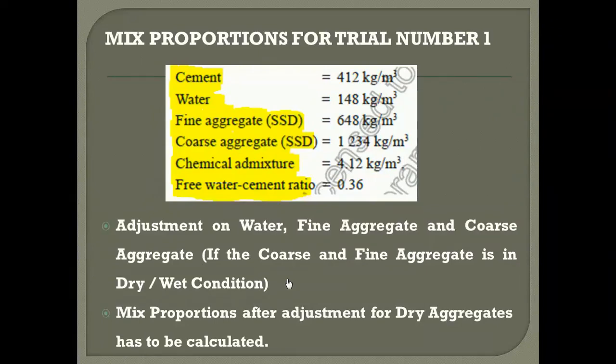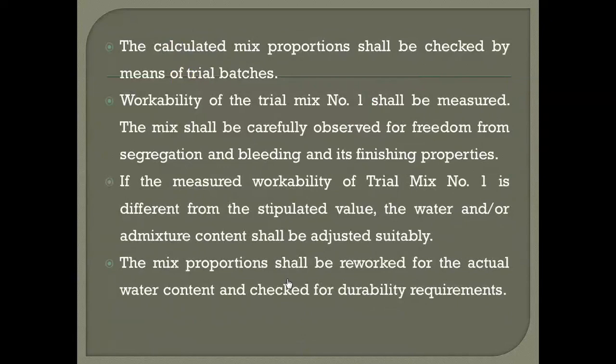Next, after finding this mix proportion, this is not the final mix proportion, we have to do the trial. By taking that mix proportion, we have to cast the concrete, and we have to check the workability, whether it matches the workability we assumed in the first step. In the data it will be given. So in our example we took 75 as our workability. After calculating the mix proportion, we have to cast the concrete and do the slump test. In the slump test we have to achieve that 75 slump.